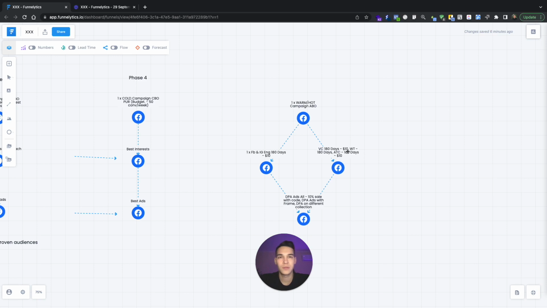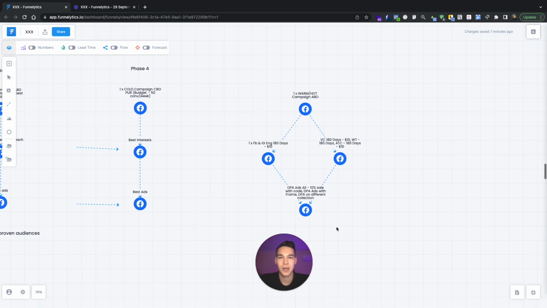Why am I saying it so differently? Because you don't know exactly what will work. I've seen sometimes this audience works, sometimes this one, sometimes initiate checkouts. That all depends on how many events you will be receiving. So if you have an account that is receiving a lot of add to carts, and they are very cheap, then you can use add to cart. If you don't have that, just use website traffic to collect more audience,